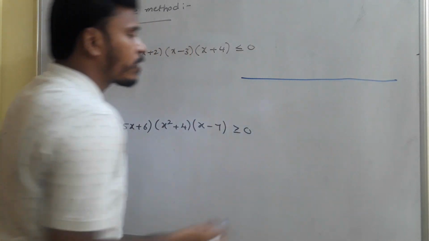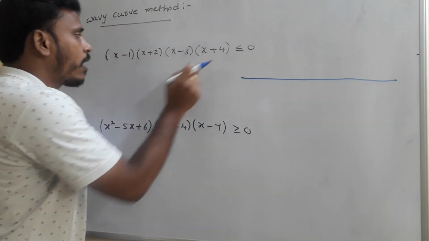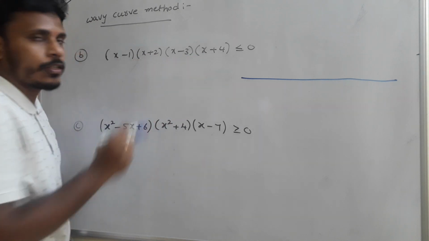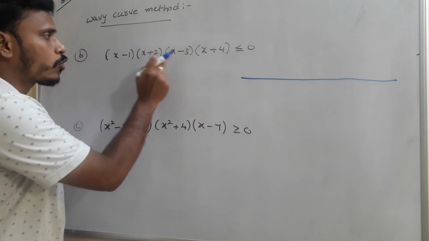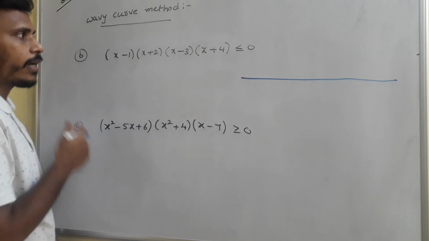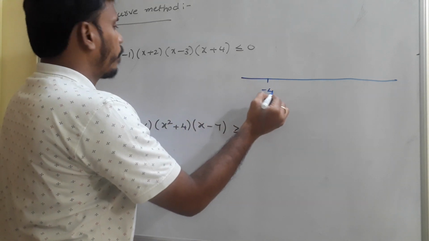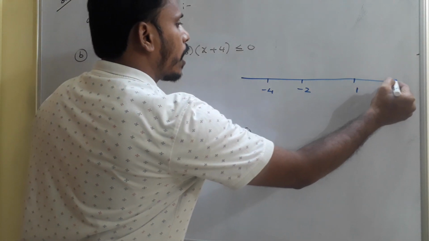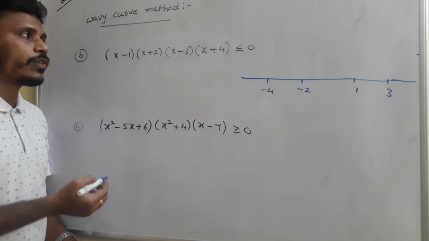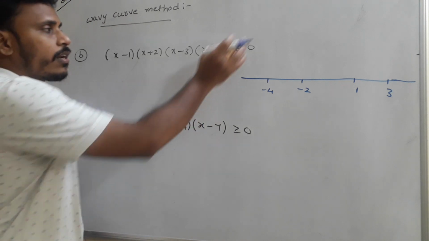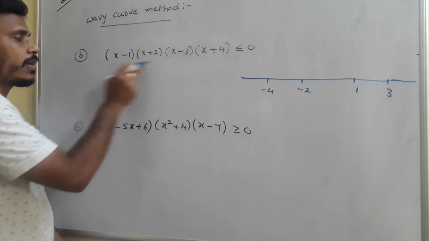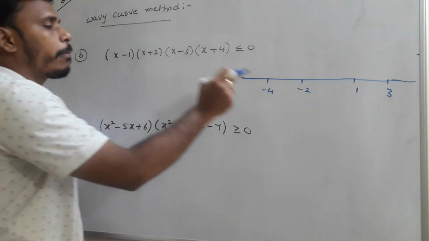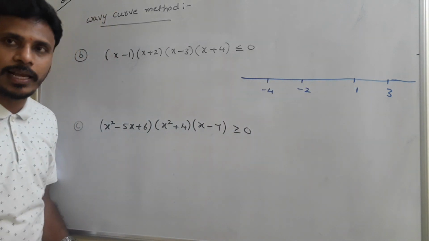First, on the x-axis, you just mark all the zeros, and the zeros are 1, minus 2, 3 and minus 4. Is it right? You need to indicate the values: minus 4, then minus 2, then 1, and then 3, all these are the zeros. As we discussed, first of all you just leave the inequality, think about this polynomial, and mark the zeros of the polynomial on the x-axis.